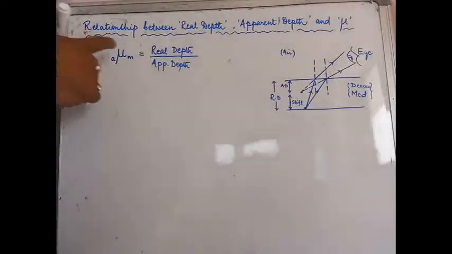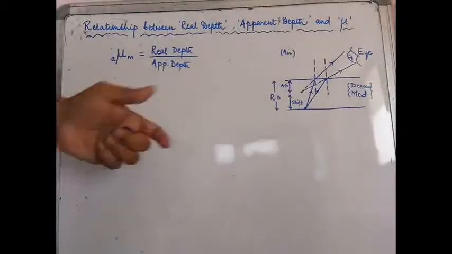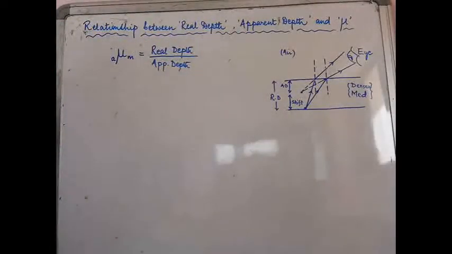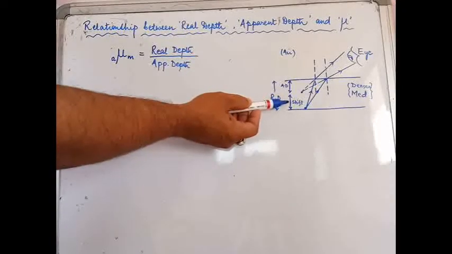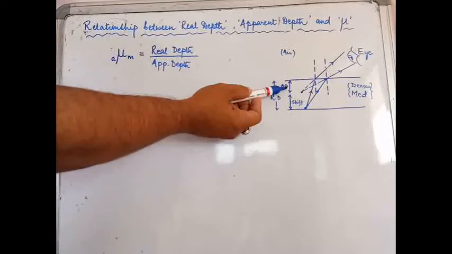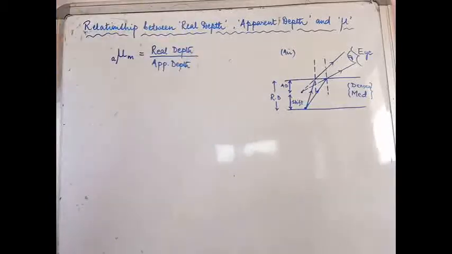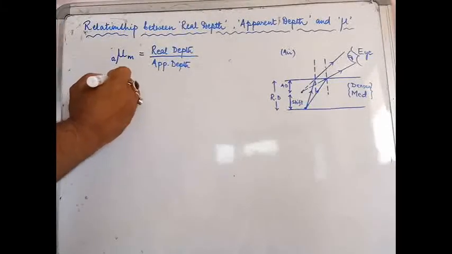Okay, so if this is the formula, then what will be the shift according to the diagram that I have drawn? Can you tell me how much shift will be geometrically by looking at the diagram? Yes, we can see obviously that it is this shift which is going to be added to the apparent depth to get the real depth. Or in other words, you can say that the shift